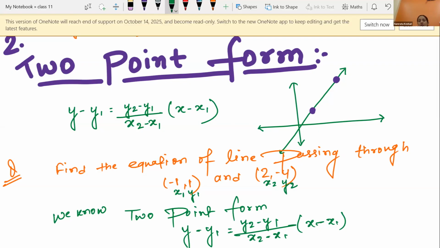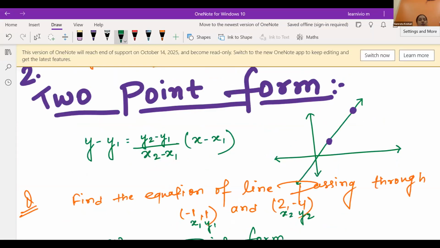In the next exercise from your book, check the questions. The first few questions you will be able to do by yourself. When the slope and the point are given and it asks to find the equation of a line, please do it by yourself. When two points are given and it asks to find the equation of a line, please do it. When it asks what is the equation of the x-axis and what is the equation of the y-axis, you will be able to write the equation. The x-axis equation is y equals 0 and y-axis